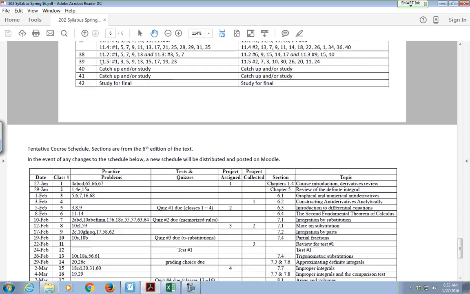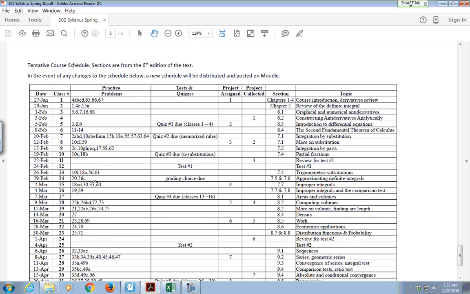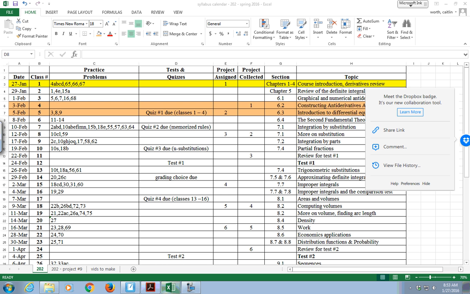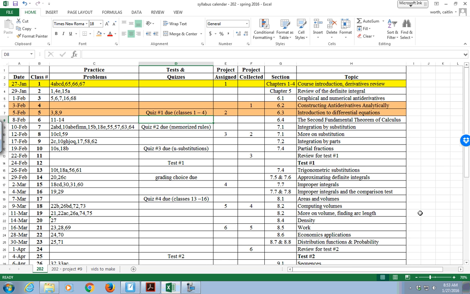All right, and then the last thing is your course schedule, which on your syllabus it printed badly, so that's what's on yellow. I've just printed it for you again on yellow. So this is the course schedule. And each day I'll start class by bringing up the course schedule, highlighting the day we're on, and any upcoming